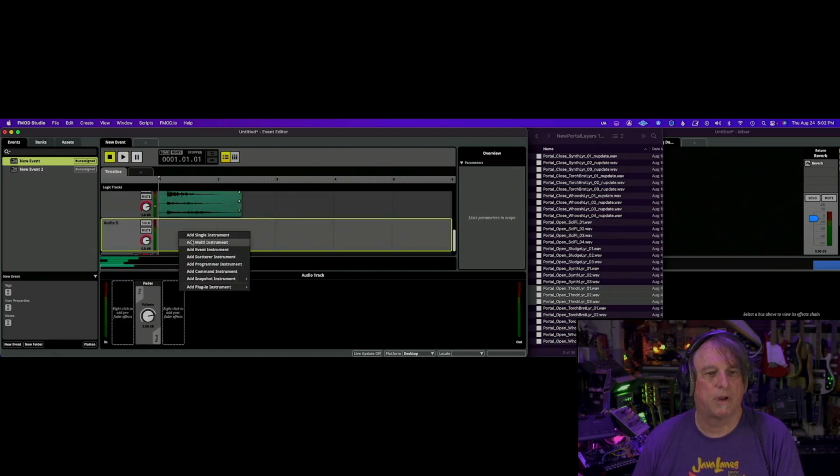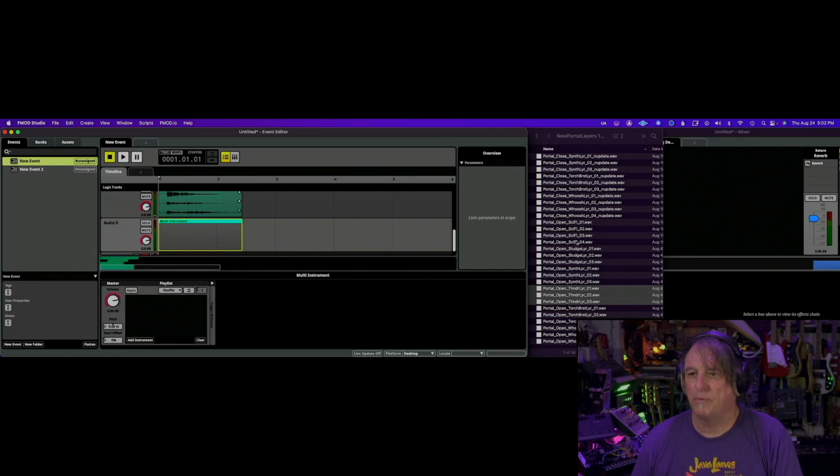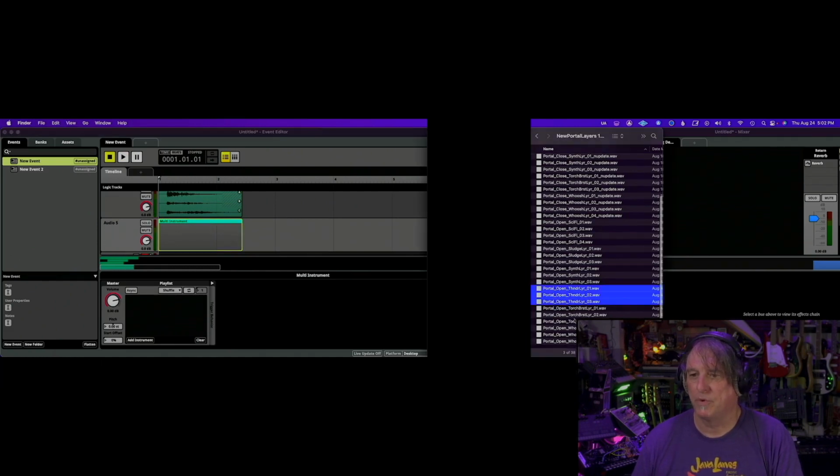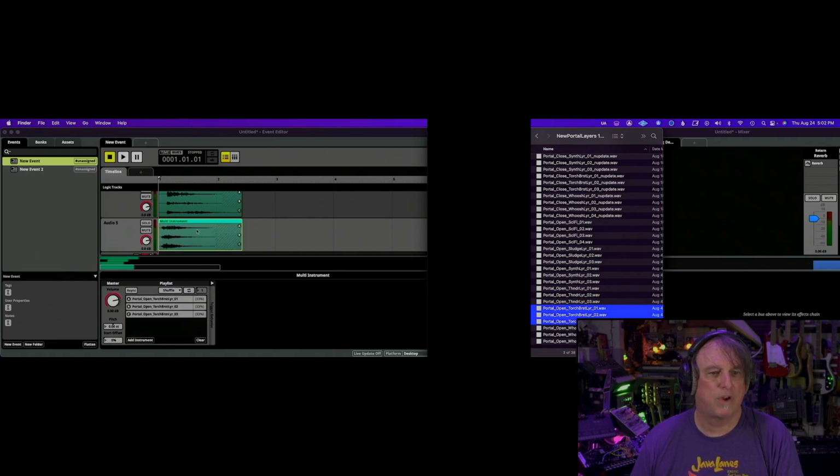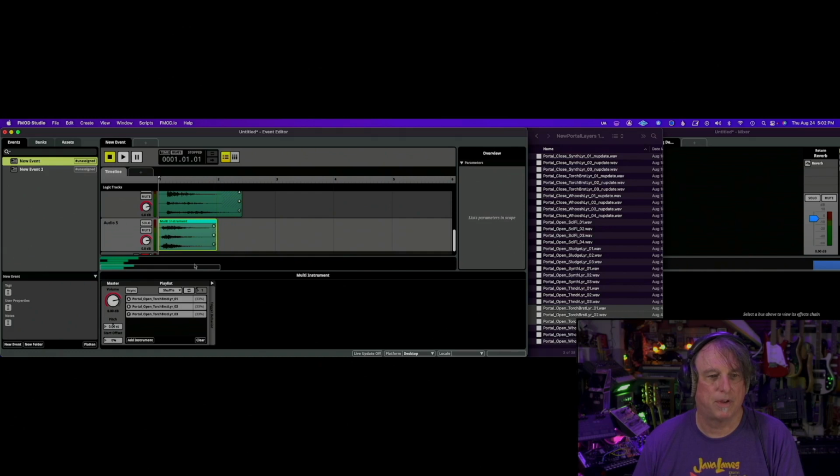All right, and let's grab another multi-instrument. What else do we have here? Torch burst. You can drag them either to the green area here or to that area in the bottom. Now I'm going to show you in a minute how you can change some things here, but